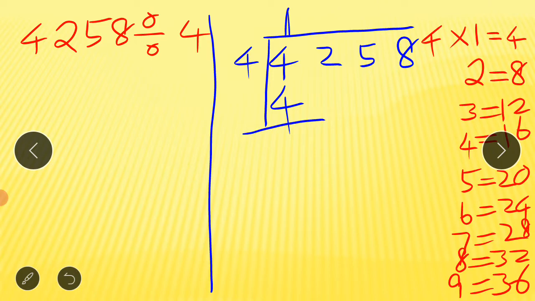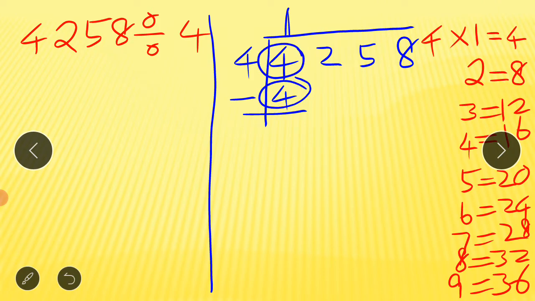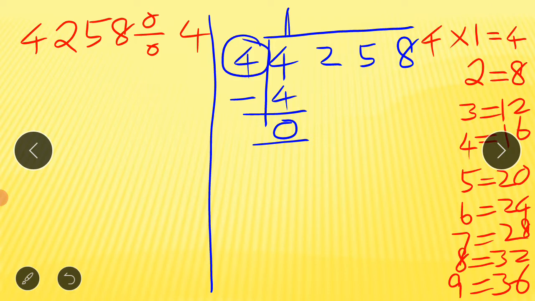So now the next step, subtract. Let's write 4 and subtract. It's easy subtraction. From 4 take away 4. It's possible, so we get 0. And this 0 is called remainder. Division we get by repeated subtraction only, so every subtraction we get a number called remainder, and this remainder should be smaller than the divisor. Every remainder should be smaller than the divisor. See, 0 is smaller than 4.